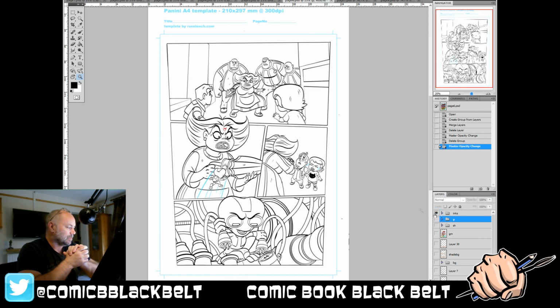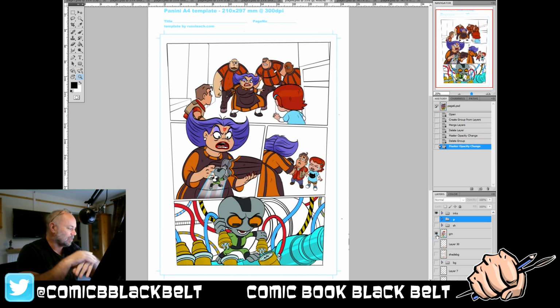that bottom panel, the way he had to jump inside the technology of the ray gun umbrella thing that this bad guy had, and play with the mechanics to mess it up so that the story could be taken to its end. You see here I'm actually putting in different shades as well,